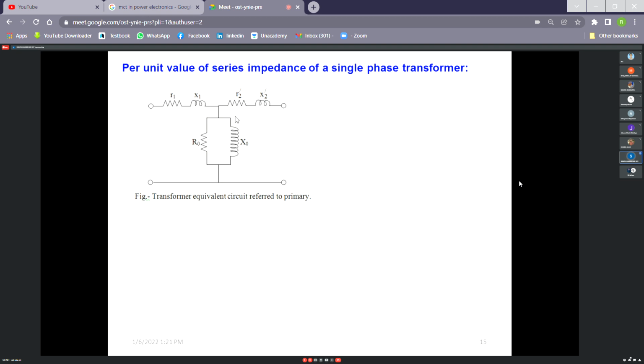Generally, we do not bother about this shunt branch in power system application. Why? Because we use transformer in power system for step up or step down purpose when we are supplying a load. So at that time, we shall try to utilize the transformer as much as possible. So we try to cater as much load as possible. Obviously, because generating station should supply generation to load. So the transformer is always near to full load or under loaded condition.